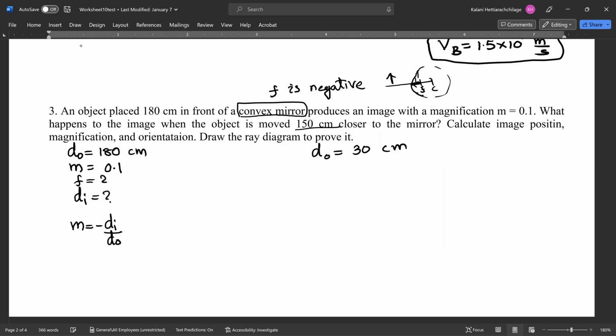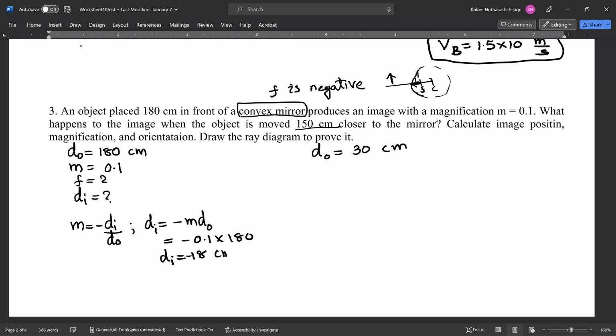Since I know D naught and M, I can calculate DI first. DI will be negative M times D naught. So we calculate negative 0.1 times 180. That will give you DI equal to